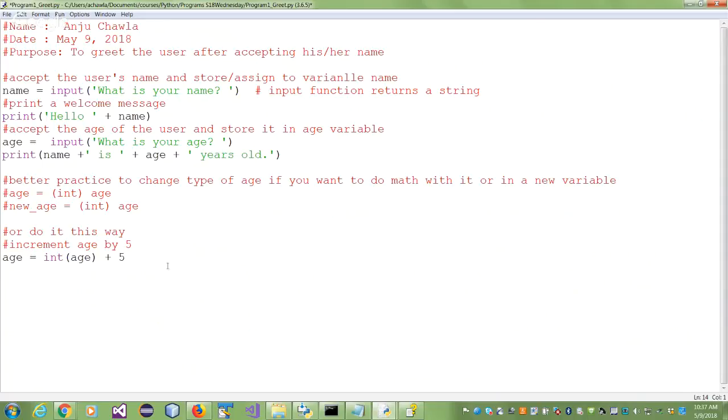So now I want to print the new age. So I take my print again. I just say now, just to tell you that I've incremented, and let's see what happens now. So I took the age, I knew it was a string, I converted it into an int, not to a float. I wouldn't like to convert my age into a float, though it won't matter, but it doesn't make sense. Ages, we usually work in ints. I added 5 to it, I put it back in age, and now I'm printing it. Let's save it, and let's run it, F5.